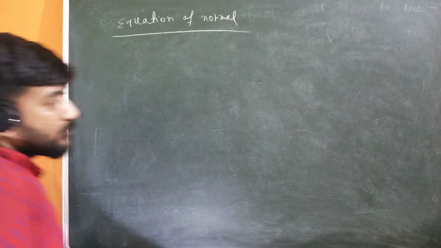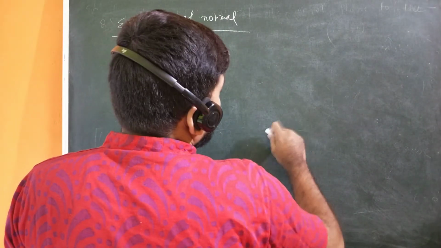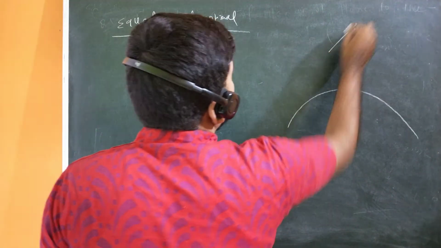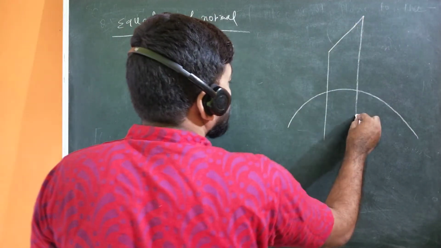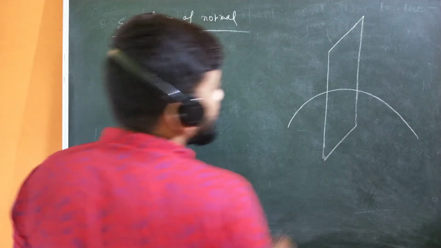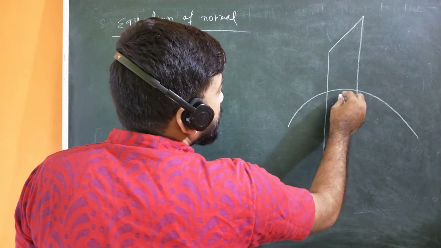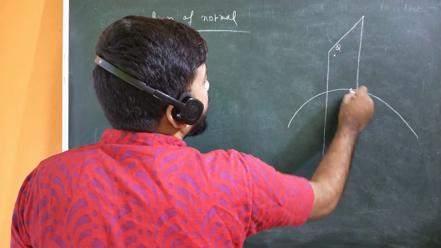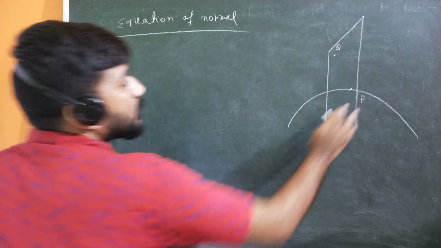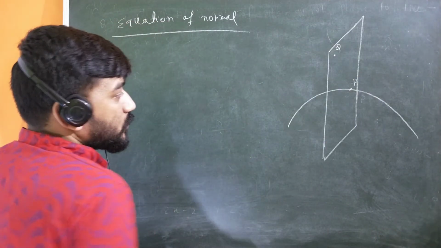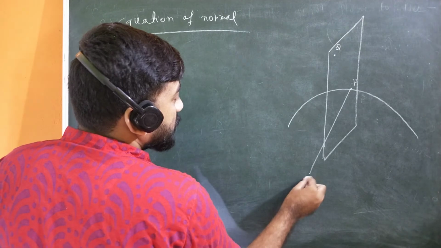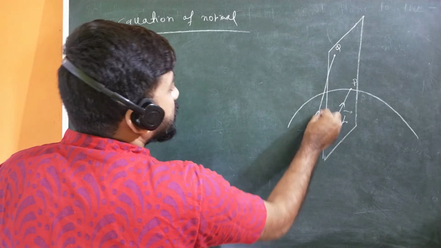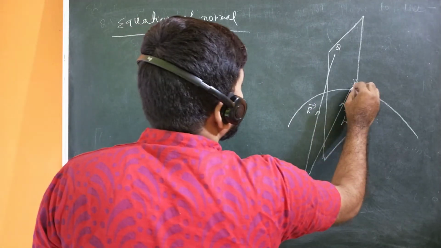So how can you find out? Suppose again you have this kind of surface, and now you have a plane which is normal to this surface, something like this. So now the plane is like this. You have a point Q here on the plane and the point P is here. Your small r vector is this with respect to this origin, and capital R vector is this with respect to this origin, and this is just PQ.